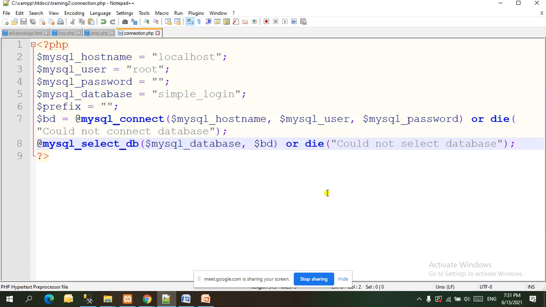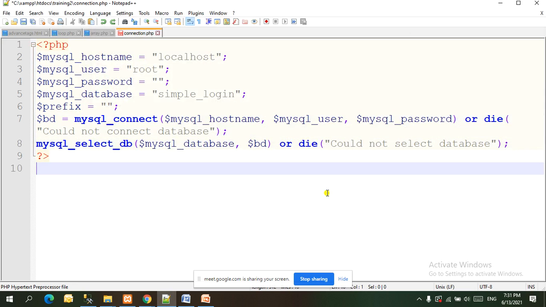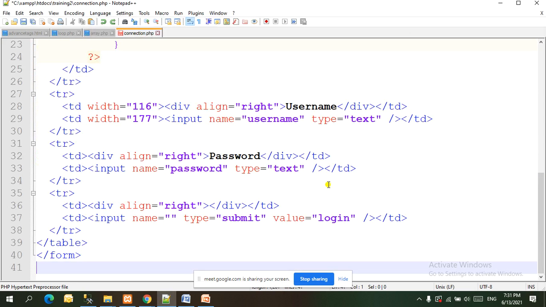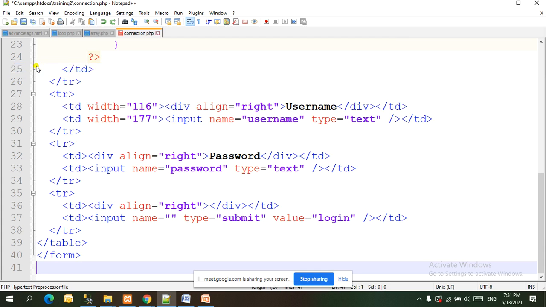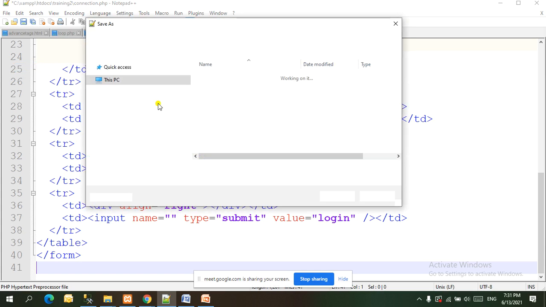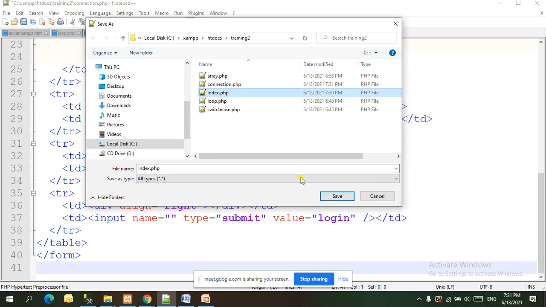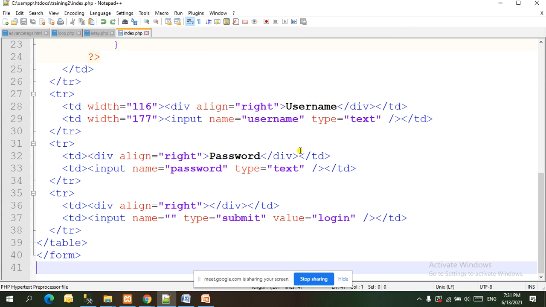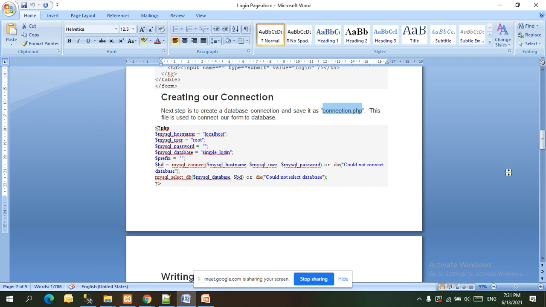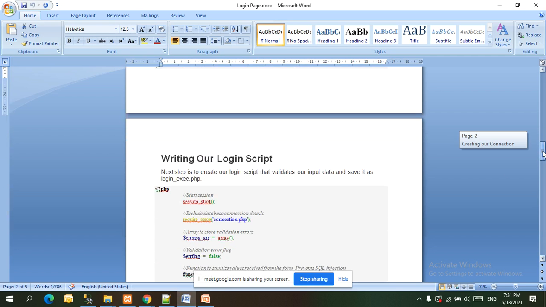Save this, and guys, I saved over that index page, so the index page is gone. So I came back and again saved this as index.php. Okay, this is going to be the index page. Fine. So both are done, and let's see what is next.